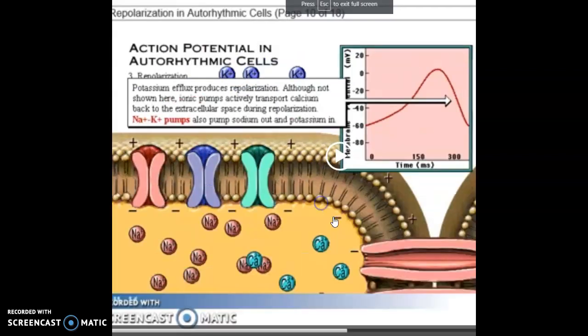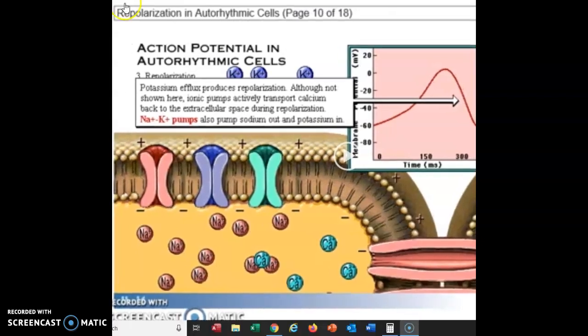Okay, let's go on with the second part of our cardiac action potential video. Remember, we started out with two different types of cells, autorhythmic cells and our contractile cells. And then we talked about what's actually going on in the autorhythmic cell. We had three steps. We actually had the pacemaker potential, which was this part of the graph, which we started